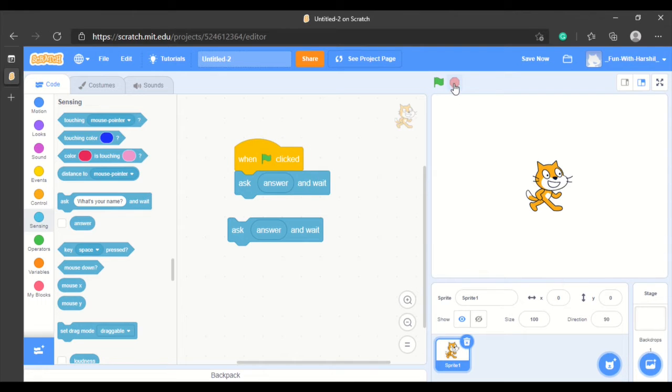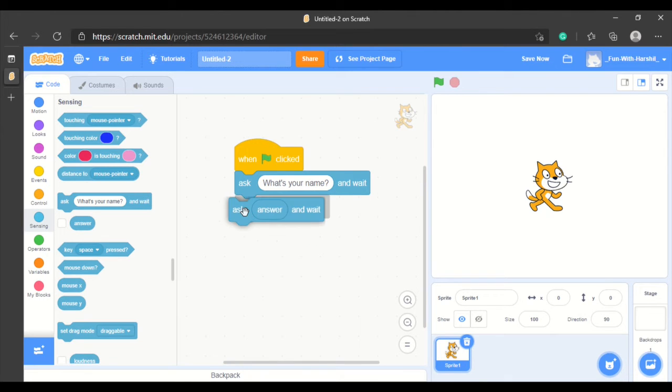And to stop, you use this red color block and remove answer from here, drag and drop it at the side.